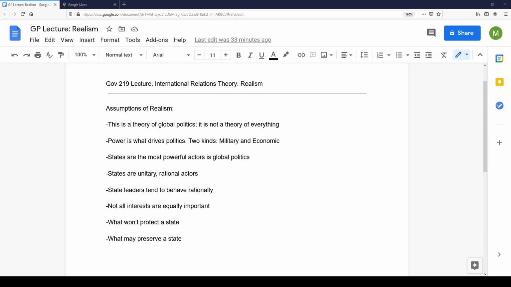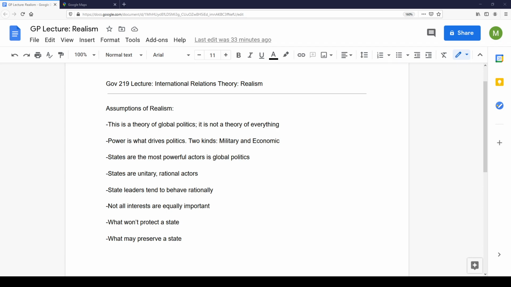Realism doesn't try to explain a given country. Why did Indonesia not sign a particular trade agreement? Or why is it unexpectedly adhering to human rights conventions, which might seem to contradict some national interest? Realism and no other theory of IR is pretending to be a good explanation of every single policy decision that a country makes. What the theories are trying to explain is to say generally, this is how global politics works,